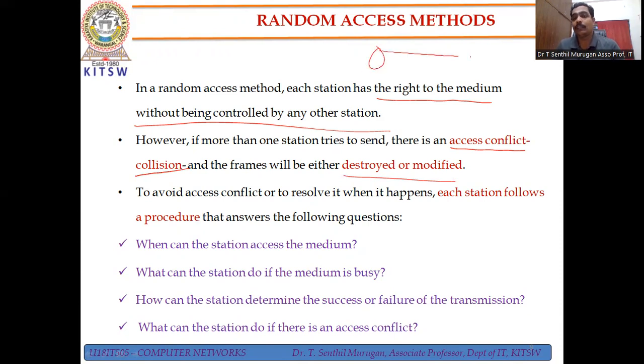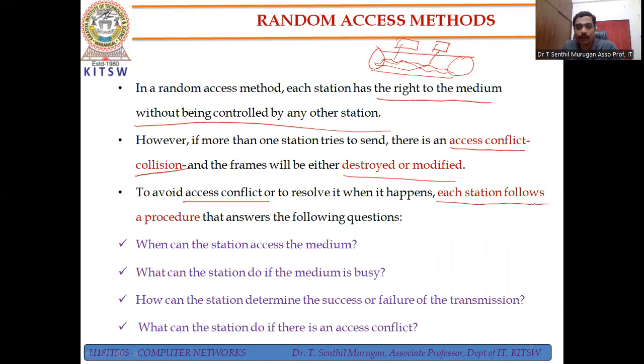Here is the medium. One person is trying to send, and another person is also trying to send. Their data will overlap and may be destroyed or modified. So, to avoid these access conflicts or resolve them when they happen,